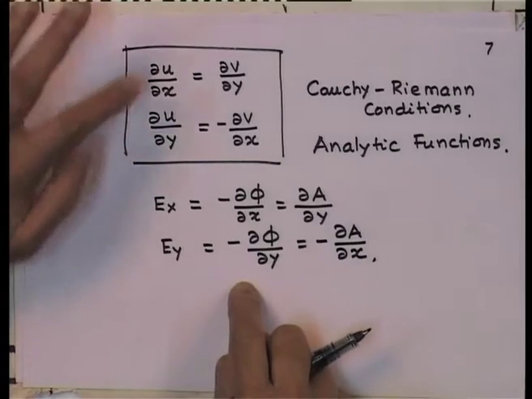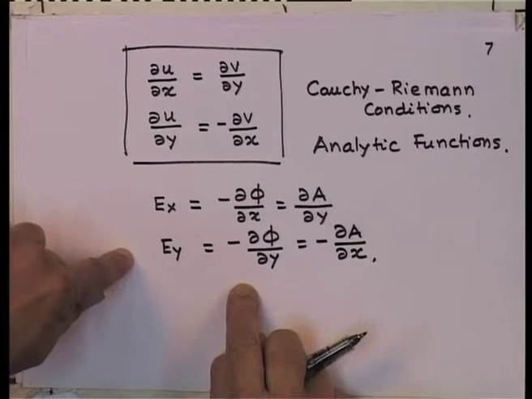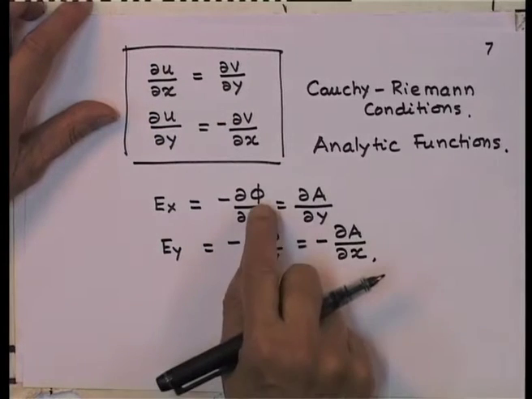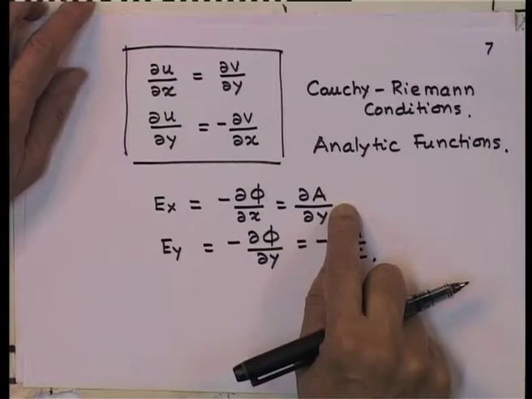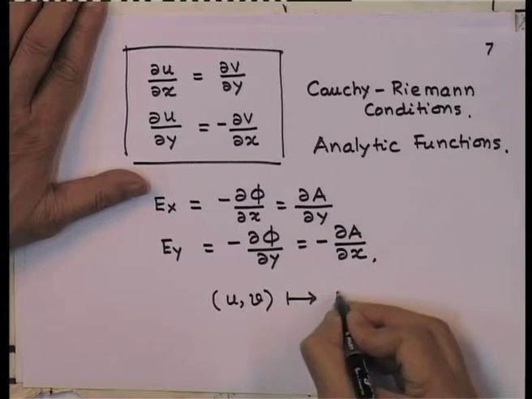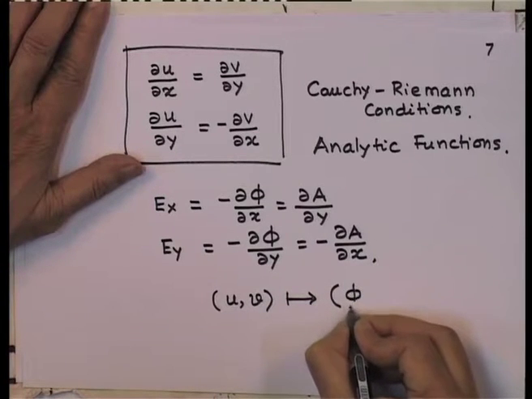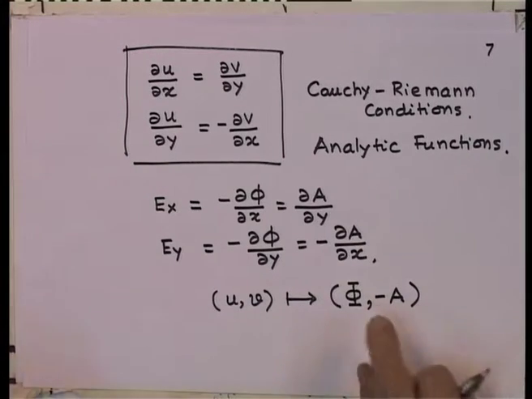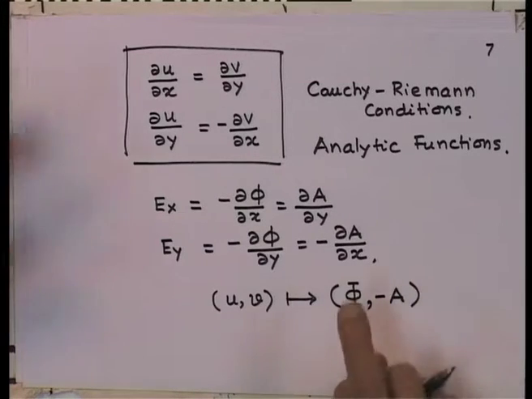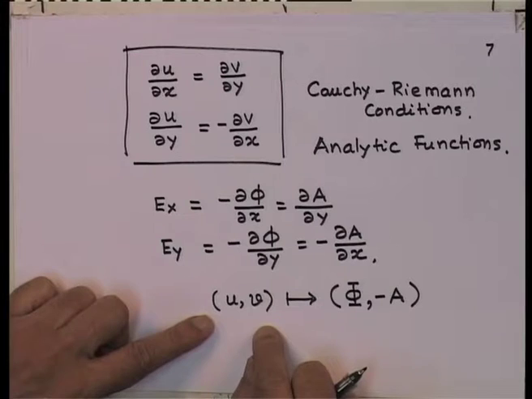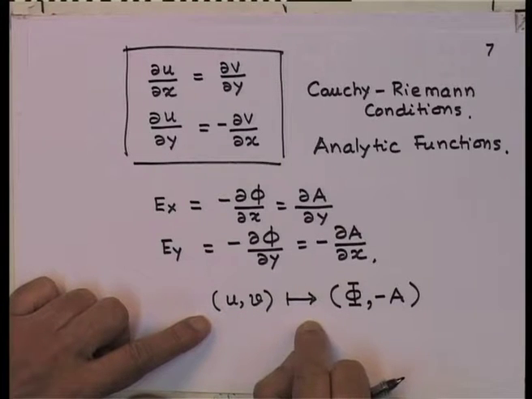Now, if you compare these two expressions, you notice that the role of u and v are taken respectively by the potential phi and the negative of the vector potential A. That is, the pair u and v are essentially the same as the scalar potential phi and minus the vector potential A. I do not put in a vector sign there, because it is essentially a one dimensional quantity, only in the z direction. So, therefore, we notice that I can now think in terms of what I would call